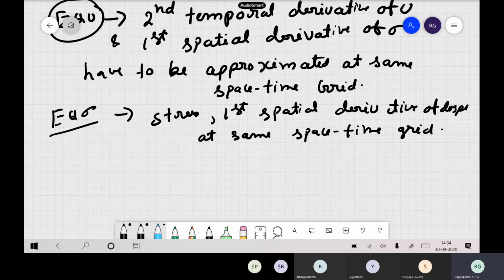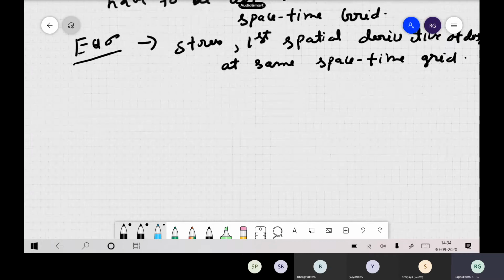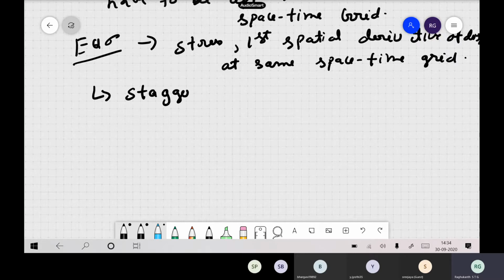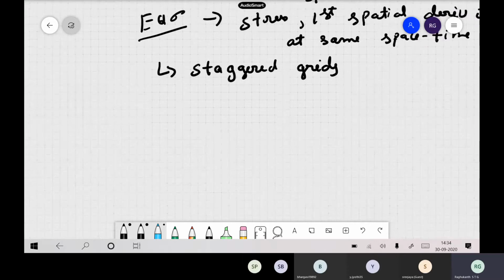So automatically this gives rise to the natural staggered grids. Because you have to match several derivatives: one is temporal, another one is spatial, and another may be a plane like sigma here itself. So this is a problem, and you have to match both the equations also. So this gives rise to the spatial and temporal staggered grid. So now we represent it like this.